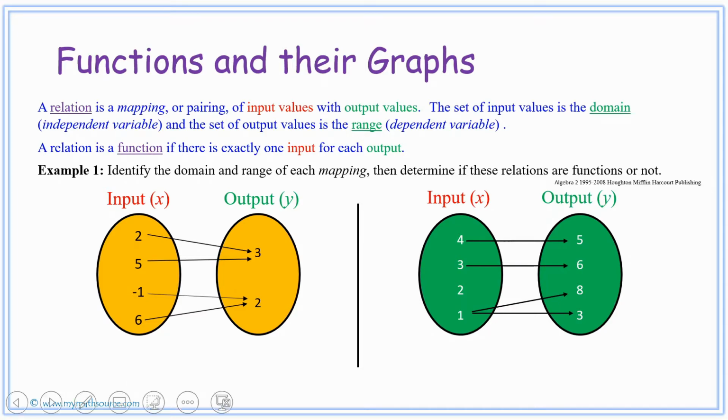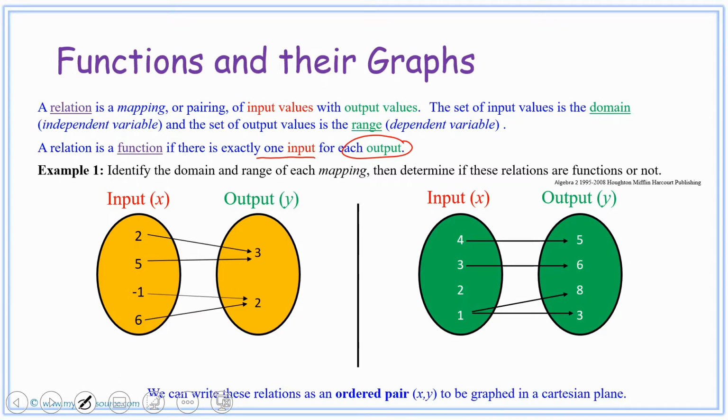Now this is where we put our thinking caps on and can use this to assist us. If we look carefully here, looking at that definition again, and we even go over the previous one, it says there has to be one input for each output. And so if you look at this one carefully, what you will see is that,